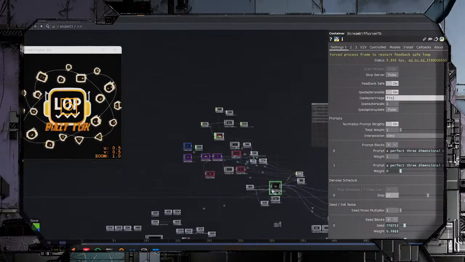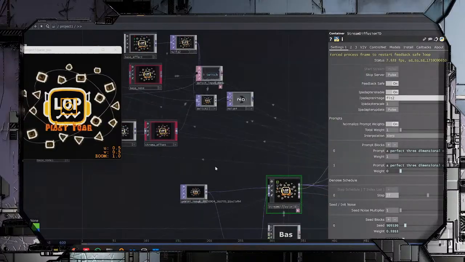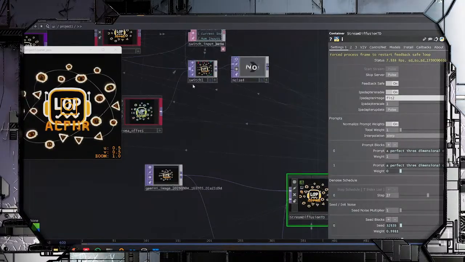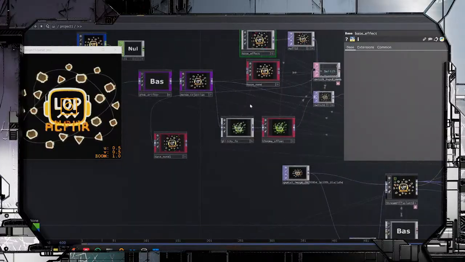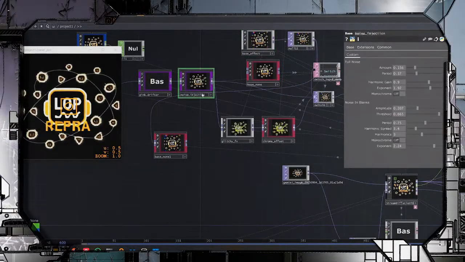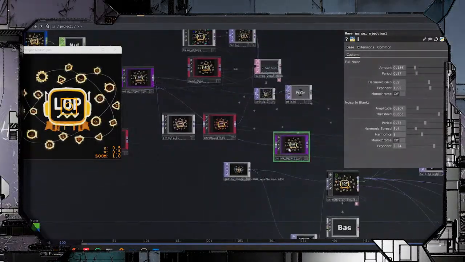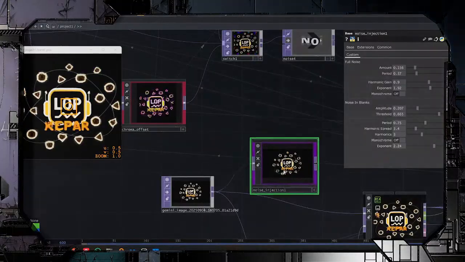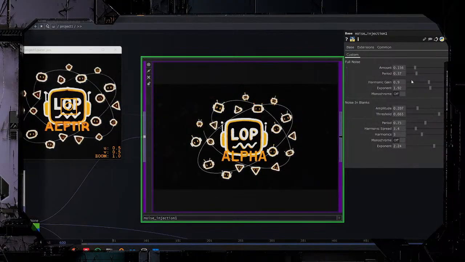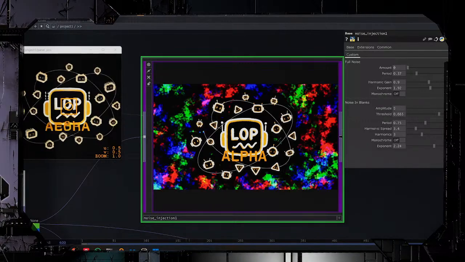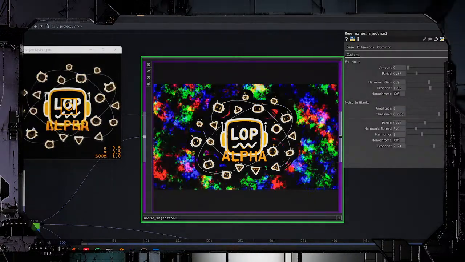But if I set it to like 27 there, and then I'll just use that noise injection here, because this one actually has some parameters. I can just put this in line, so this will work on anything. And I don't want any full noise, I just want this noise in blanks.